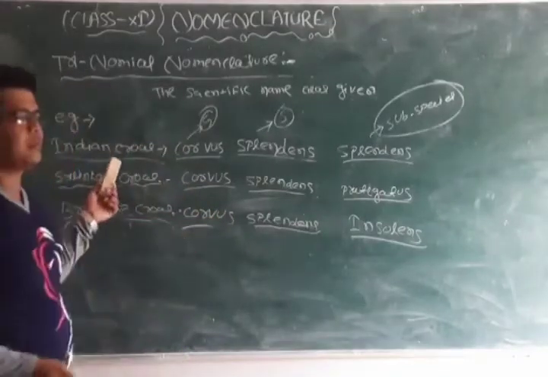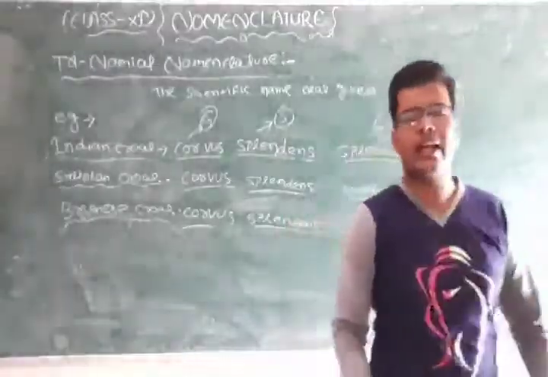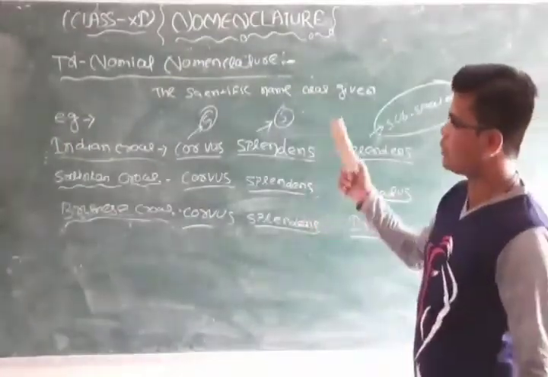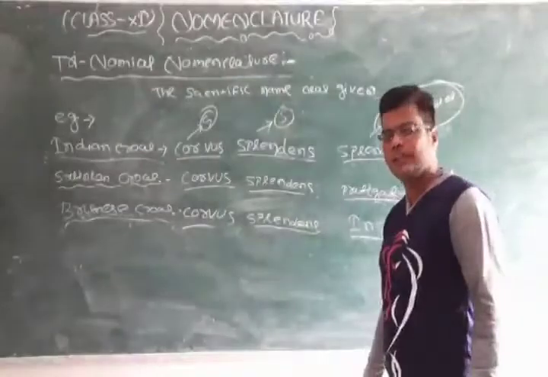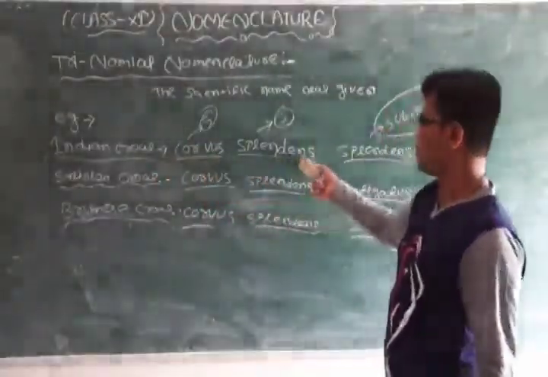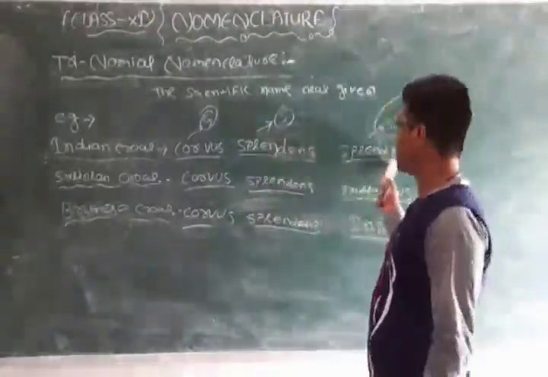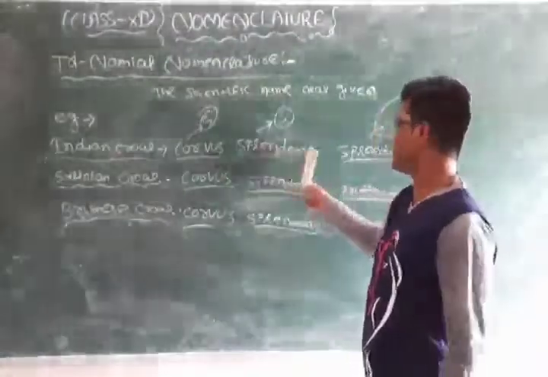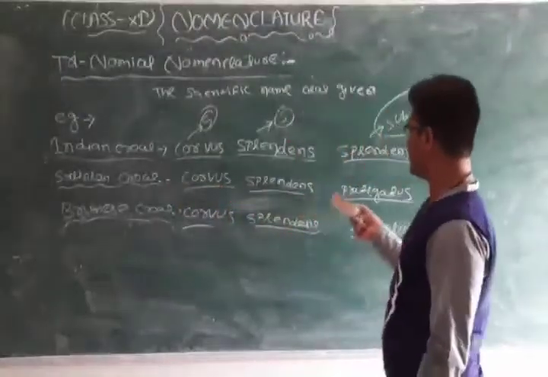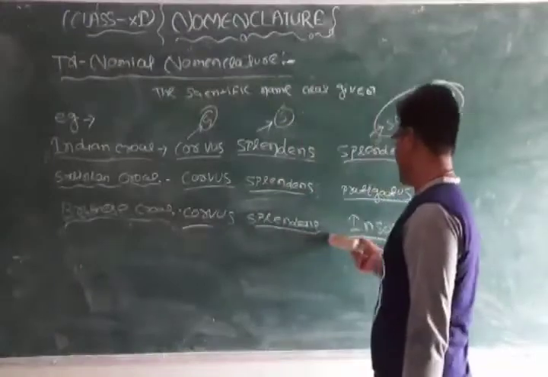So due to some changes in characteristics for different animals according to their climatic condition, there is some variation, so they started the trinomial nomenclature system. One example: the Indian crow is generally called Corvus splendens in the binomial nomenclature, but due to some variation, the subspecies will be followed by the species, that is Corvus splendens. In case of the Sri Lankan crow, it is called Corvus splendens protiglus. Next one is the Burmese crow. It is called Corvus splendens insolens.